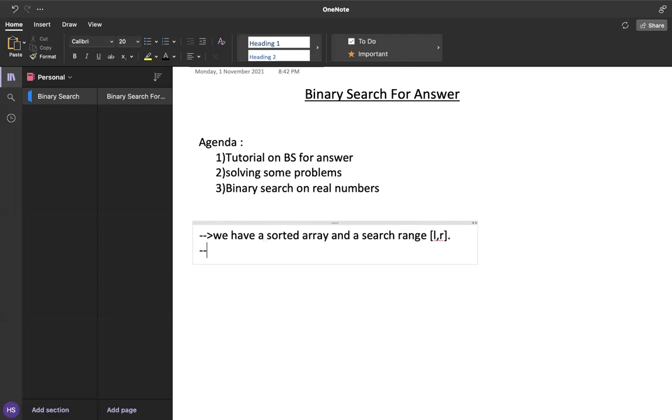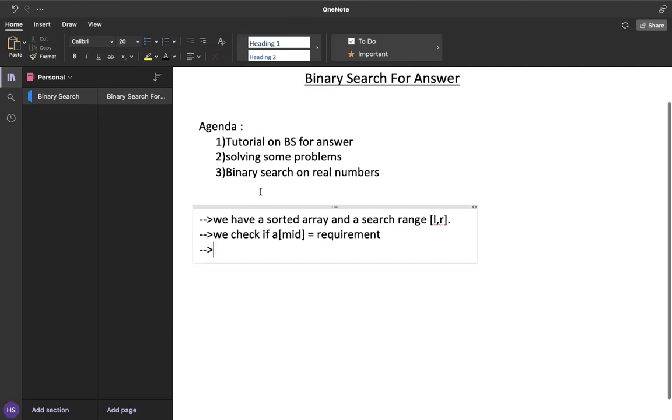And what we do is we check if A of mid is equal to the requirement. And if it is the case, then we have successfully found it. But if it is not the case, then obviously the requirement will either be in the left half or in the right half. So accordingly, we can decrease the size of our range by half.